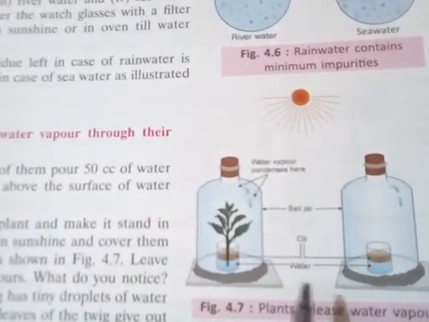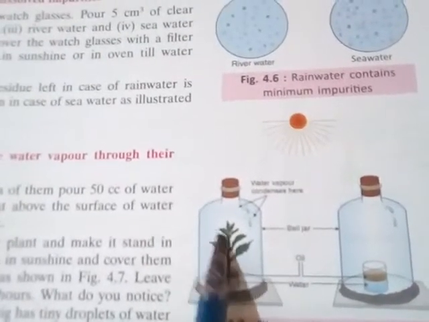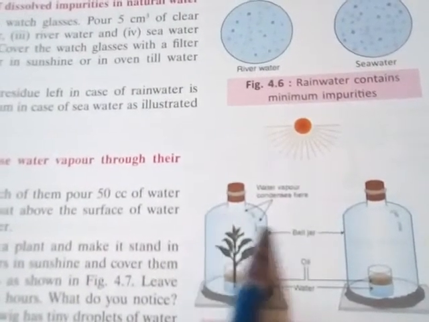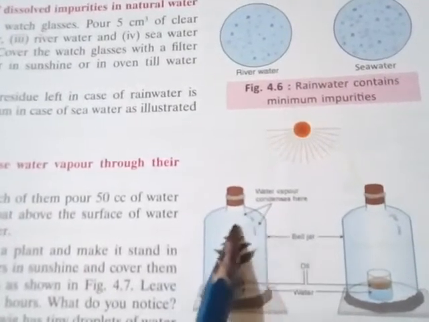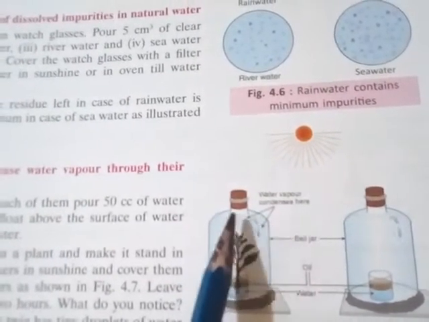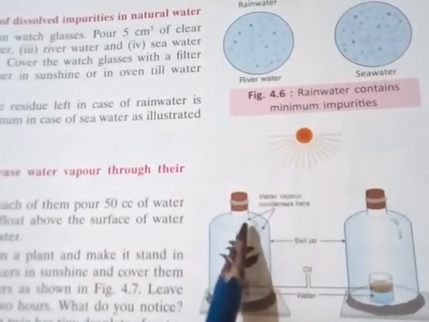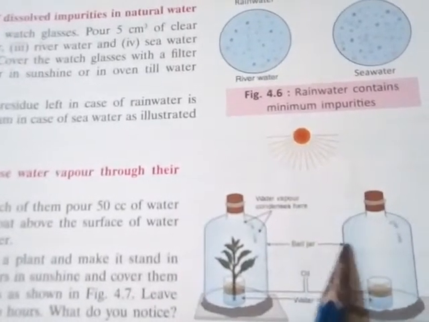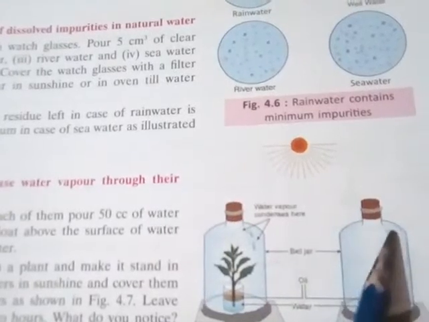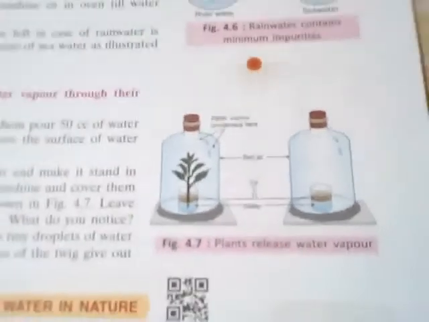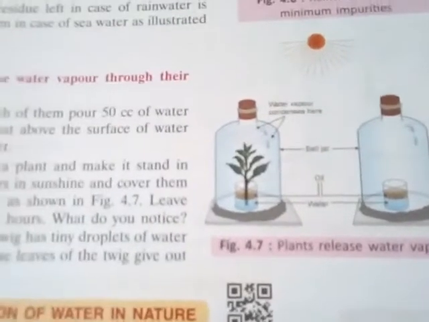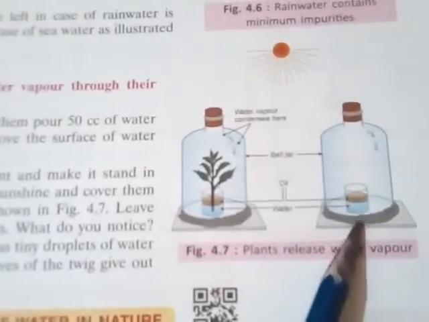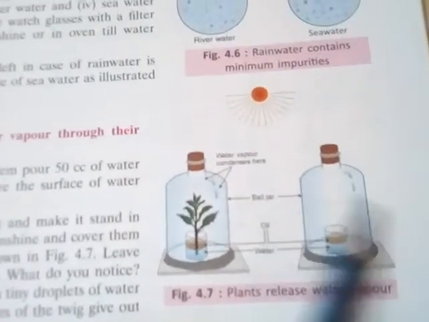After 2 hours or 1 hour, what will happen? In this bell jar, in the above portion, there is some condensed water, or you can say some water vapor is condensed to liquid state. But in this case nothing will happen on the above surface of this bell jar. So from this experiment we can conclude that whenever pure oil is covered over the water, nothing will be evaporated towards the above portions of this bell jar.